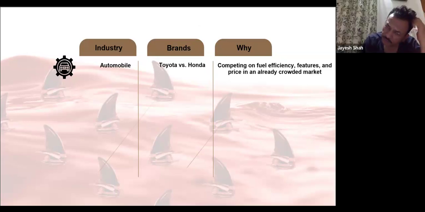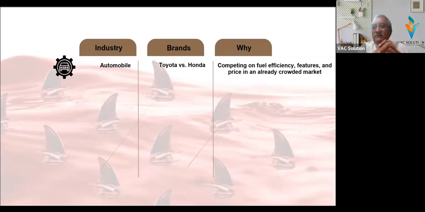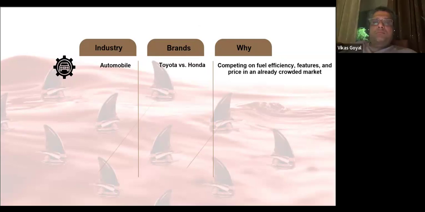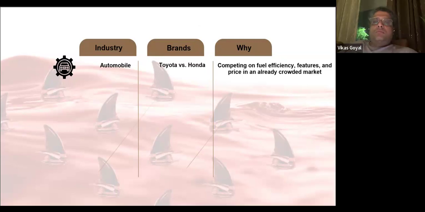Guruji, fuel efficiency maybe, but in case of Tata and Mahindra, they are fighting on, I think, safety. That is features. Okay. So you see, we are giving this feature in an airbag and bumper and all these things, features, and finally price. These are the three things. That means functional and cost.